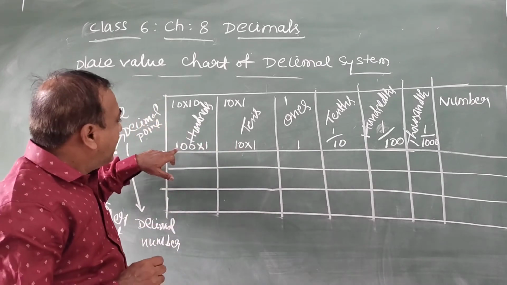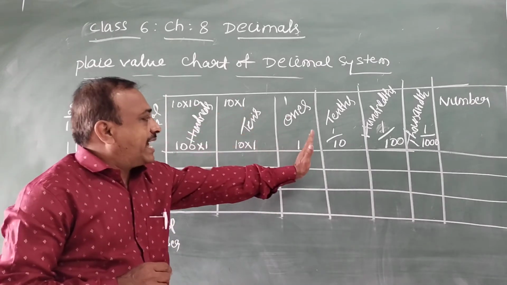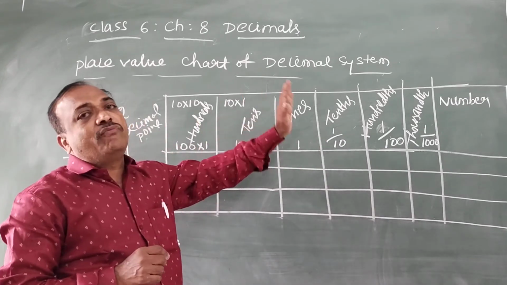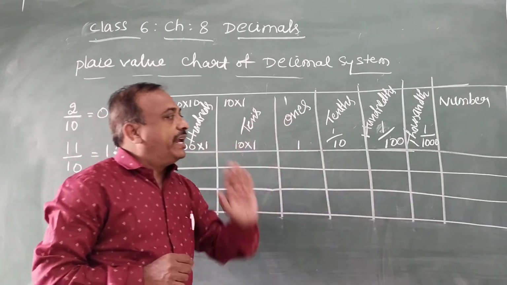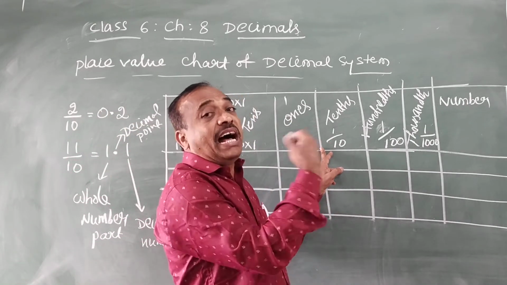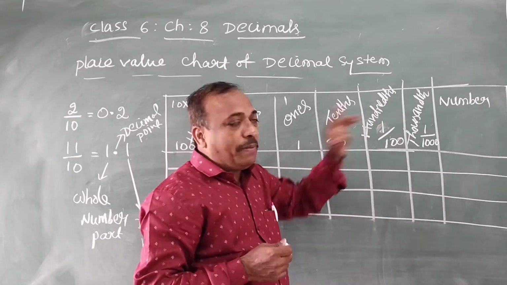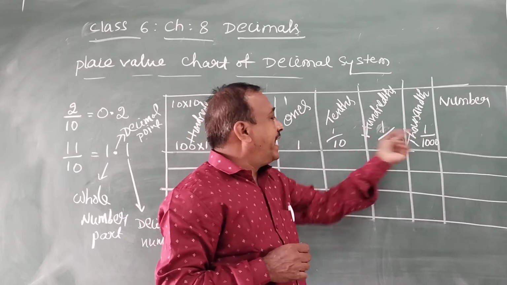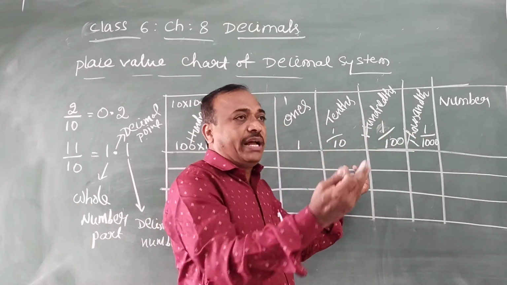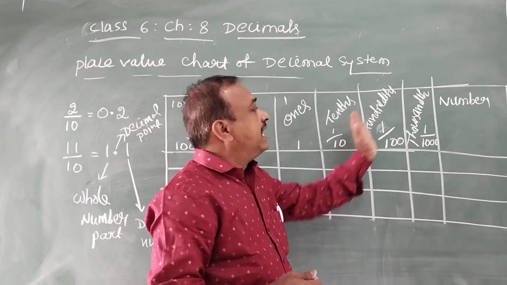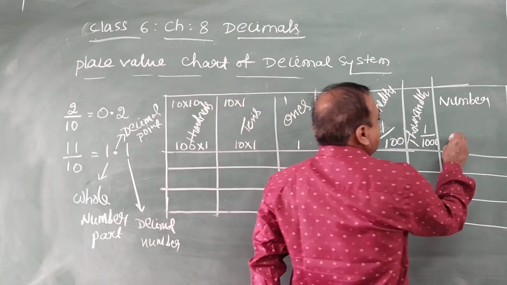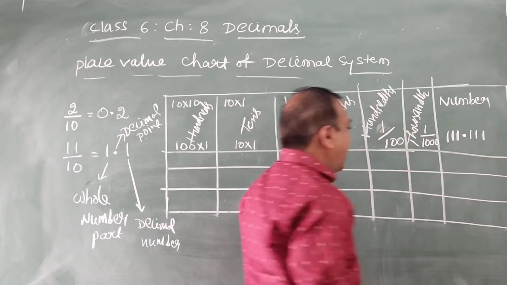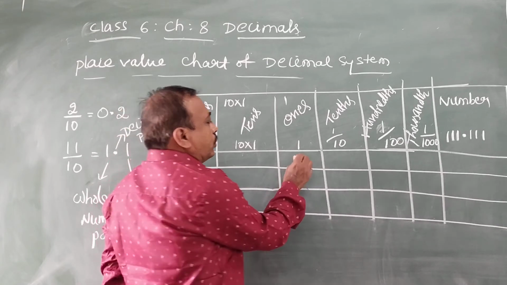Now take the number up to here: 1 hundred, 1 ten and 1 one, so 111. After the ones, as we are representing a decimal, we place the point and then 1. And as it is in the tenths place, immediately 1. For the hundredths place we go to the next number, and for the thousandths place we go to the next number. So this is 111.111.